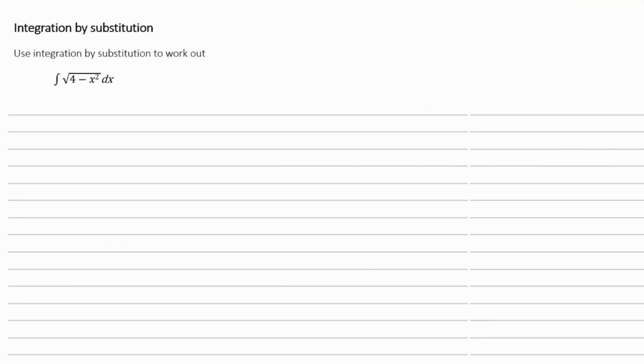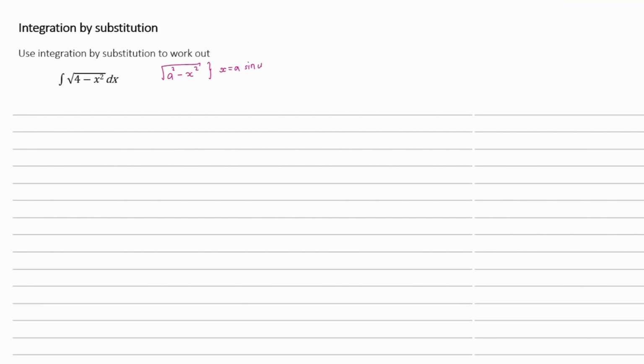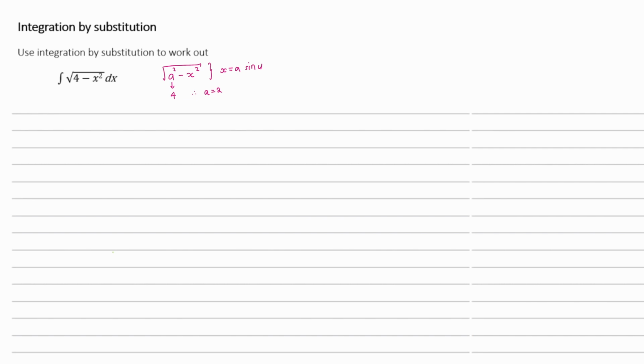So in this question, we can see that what we have in our square root is in the form of a squared minus x squared. And whenever we have something in this form, we use our substitution of x is equal to a sine u. Because our a squared is 4, that means our a will be 2. And therefore, for this integration, we are going to use trigonometric substitution, and we are going to make our x